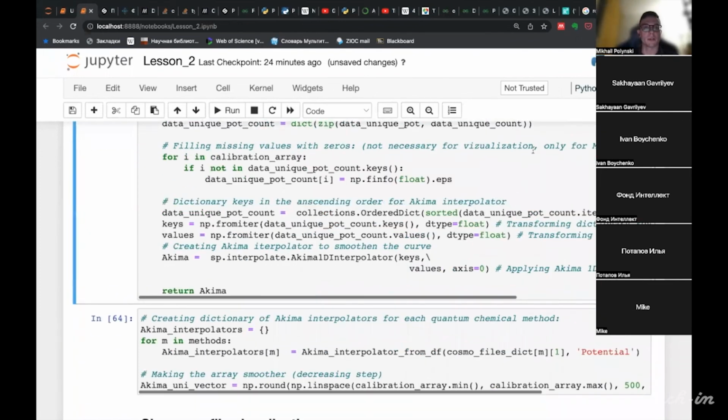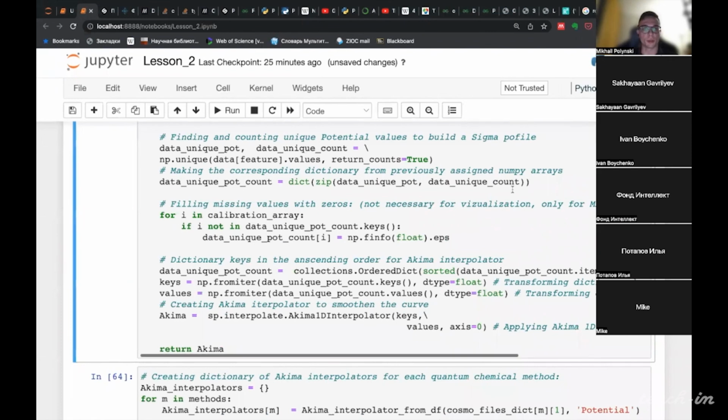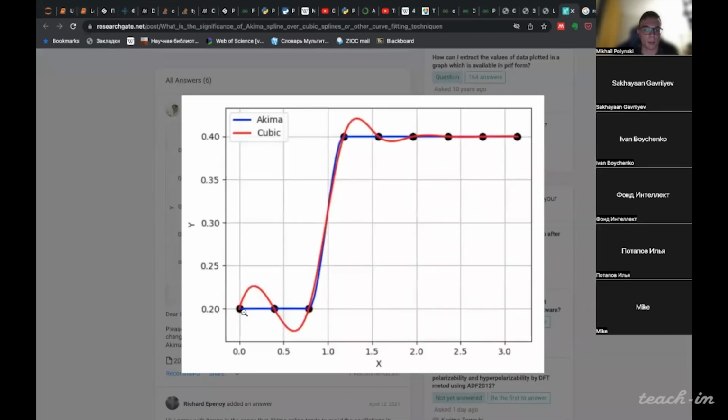Here I have a function that performs a number of operations, among which it performs a spline interpolation. So it interpolates data this way.